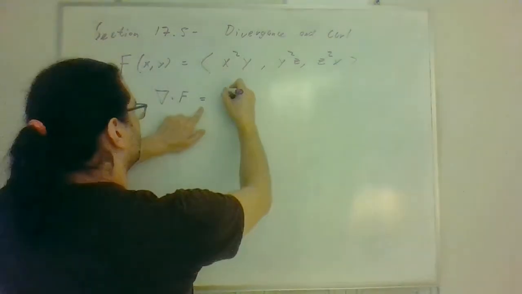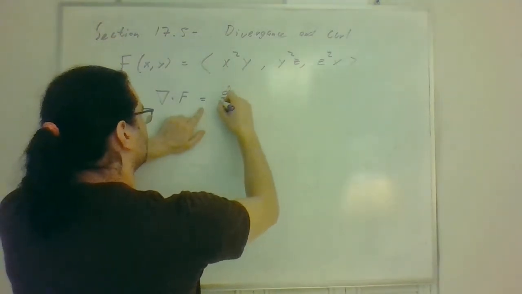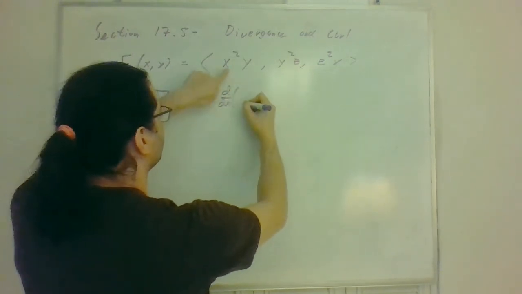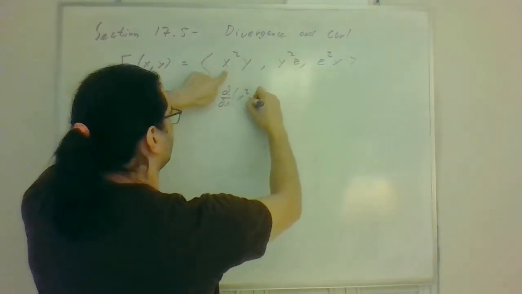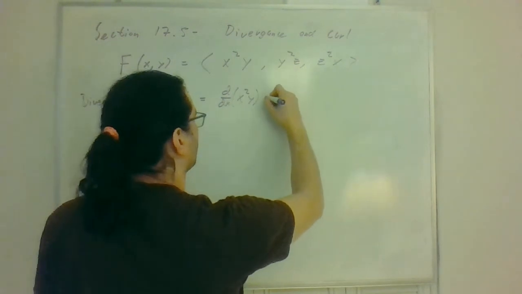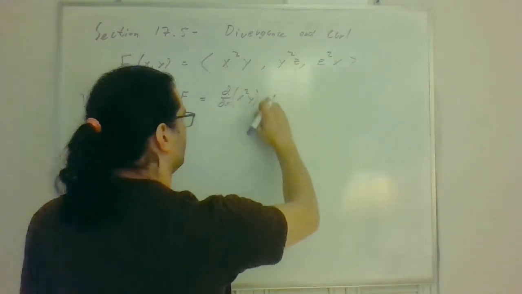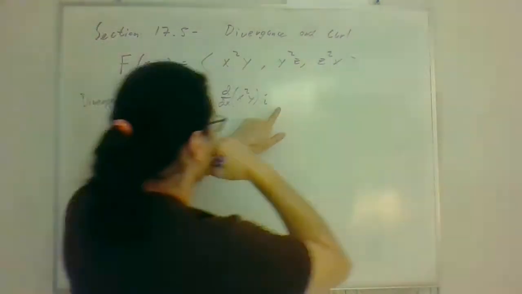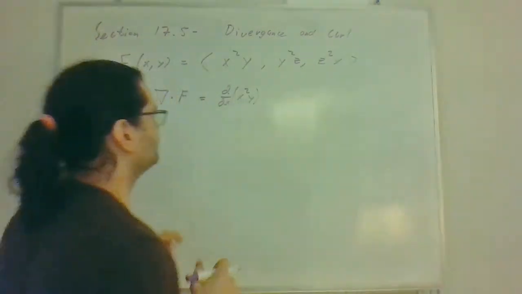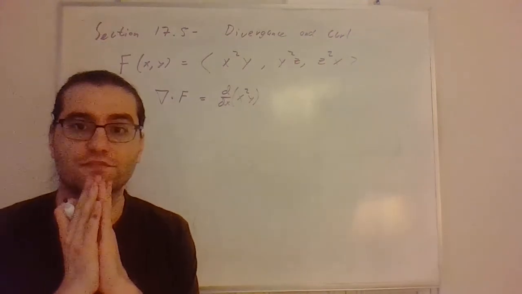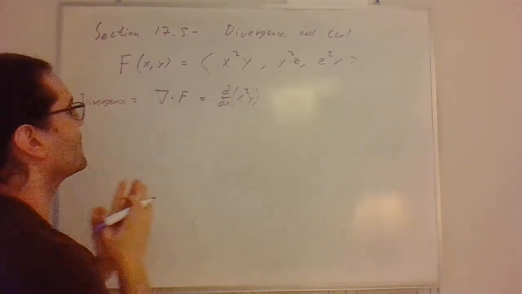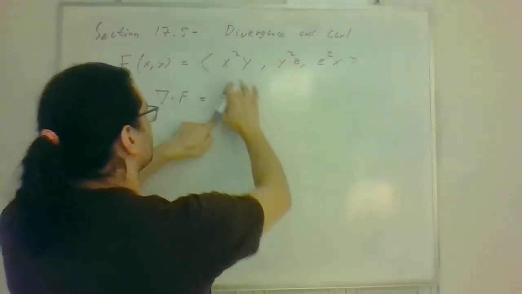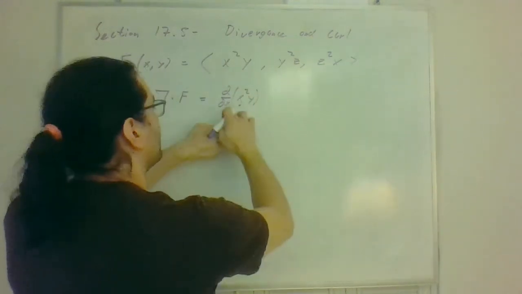And to do this, we're going to do the partial derivative with respect to x of this piece, x squared y. And we're going to attach an i to that. And then we're going to do, or no, we're not, no i's. Dot product, the result of a dot product is not a vector. Forgive me. We're just going to take the partial derivative of this